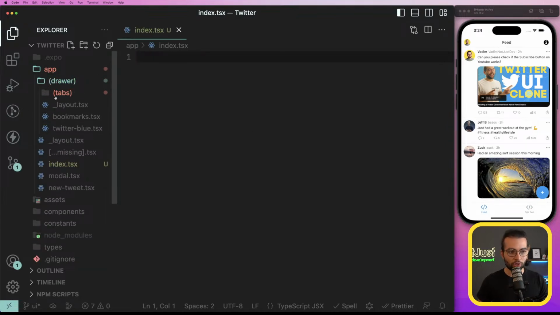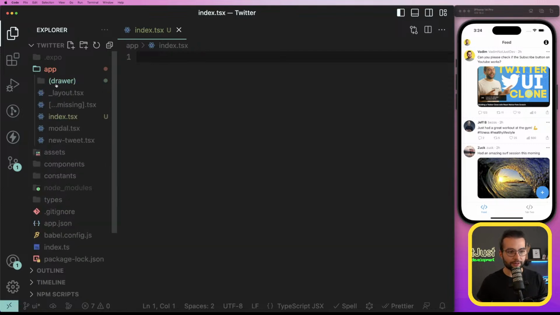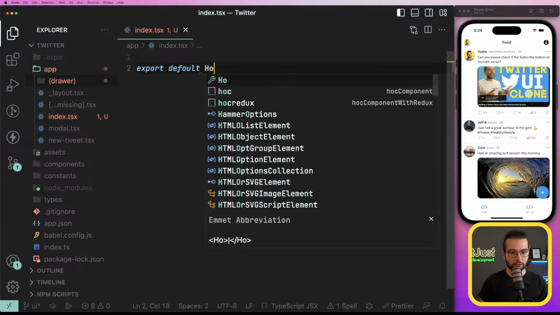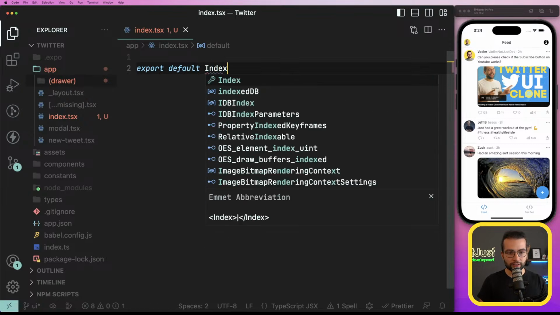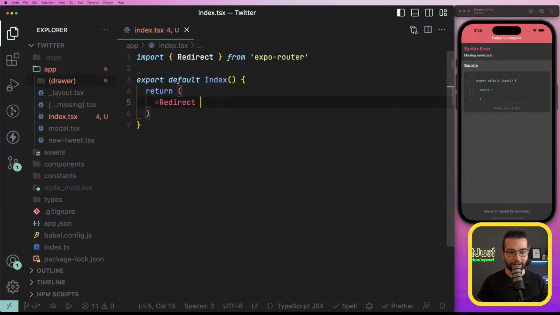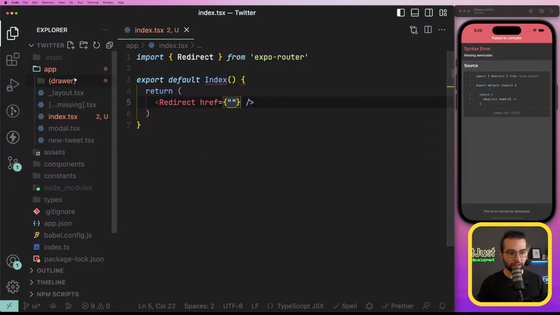So the feed is inside drawer, tabs, feed, and here index. So that's why I was not creating this index, because I wanted our feed to be the home screen, not some other page. But actually, what we can do here is export default, I don't know, index, the component. And here, inside the component, we can simply do a redirect using a Redirect component from Expo Router to the href that we need. So the href that we need is